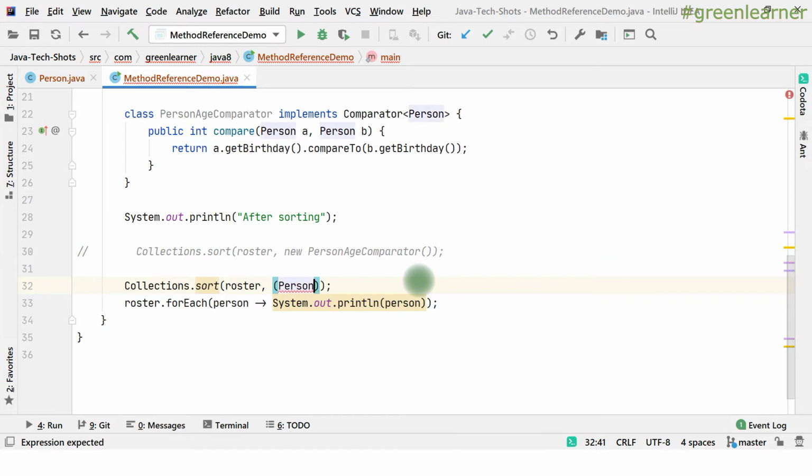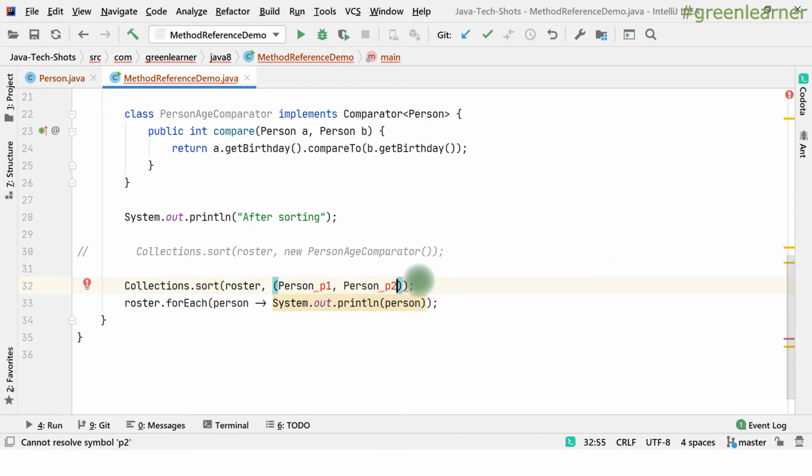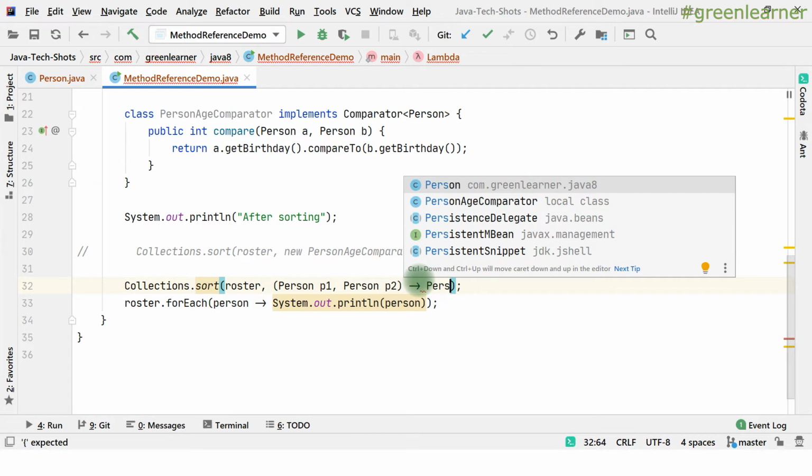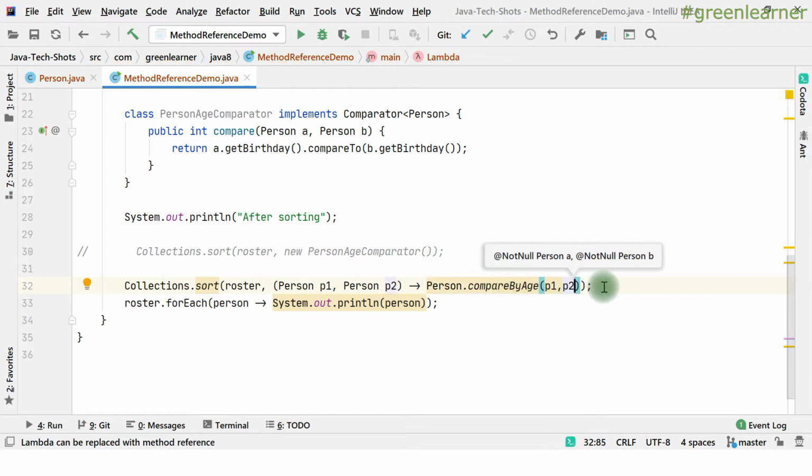We have person p1, taking two arguments p1 and p2, and in the lambda expression I can call Person dot compareByAge with p1 and p2.